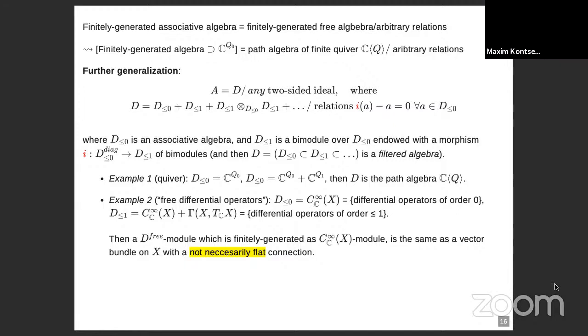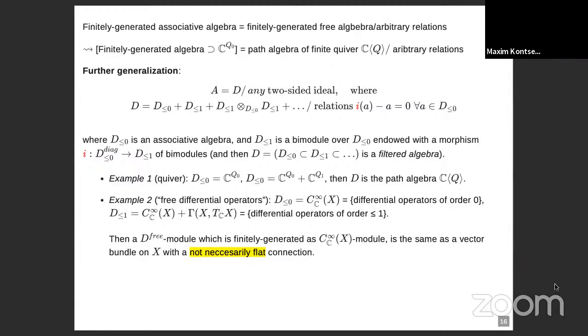The first example: if you start with a quiver, D0 will be the projectors to vertices, and D_{\le 1} will be the projectors to vertices plus arrows. Then I get the path algebra filtered by the length of the path. Another story is actually quite an interesting one. I consider the algebra of complex-valued functions on a smooth manifold, and D1 will be differential operators of order at most 1. It's definitely a bimodule, multiplying on left and right, you get differential operators of order 0, and it contains functions. So you can apply this procedure and get a certain filtered algebra,